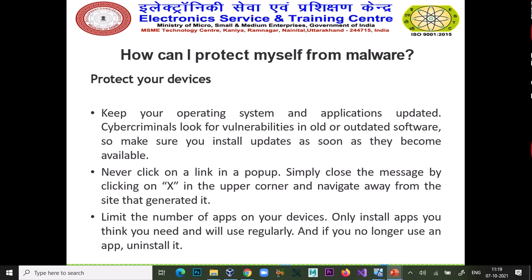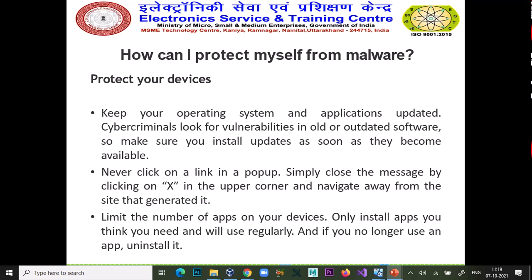Keep your operating system and applications updated. Cyber criminals look for vulnerabilities in old, outdated software. There are many kinds of loopholes found in old versions of software. That's why companies launch different patches to cover those vulnerabilities.